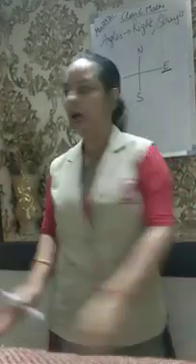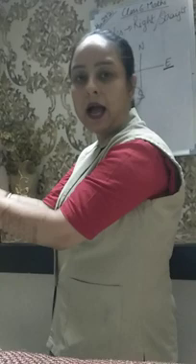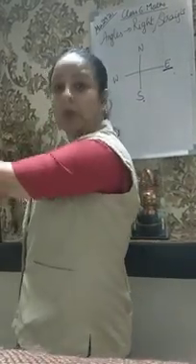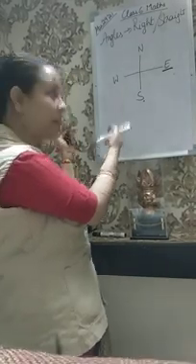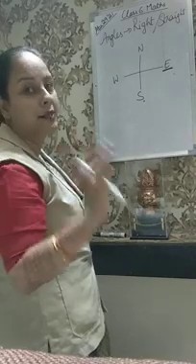Let's say now I am facing east. Now I want to move towards south. When I need to move from east to south, what do I need to do? I need to move again one right angle. So this is my east. When I am moving towards south, I have to move one right angle. That means this is my south. Understand? So from east, I have moved one right angle to move towards south.